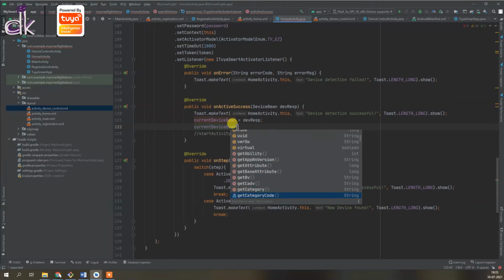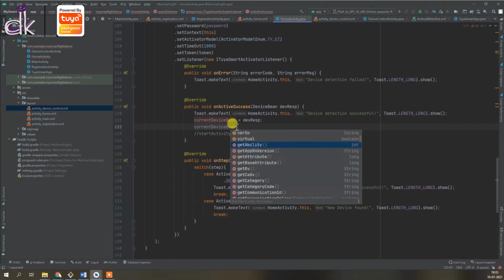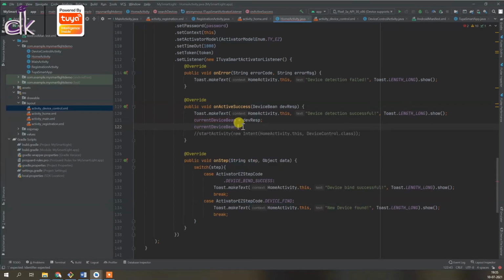So basically you get a couple of information that if needed, you could print it out and display it on the GUI. That's up to you. But how do I pass this information on to the next activity, right? So for this, there's something called a bundle, and it comes in handy when you want to pass information from one activity to another.